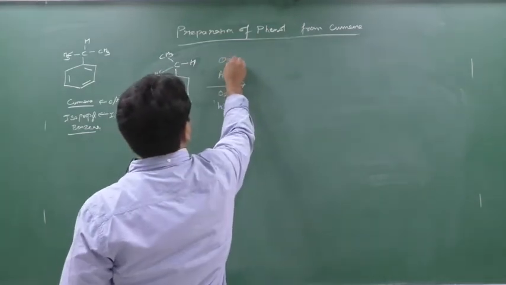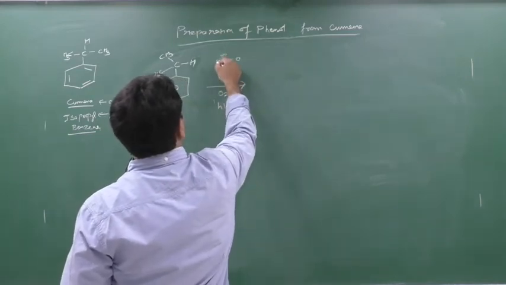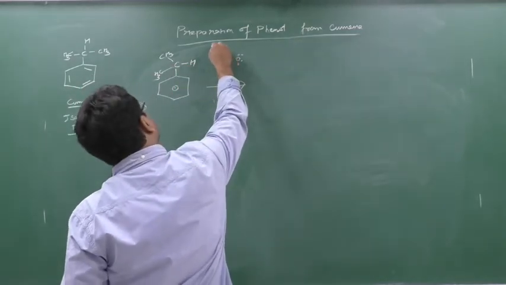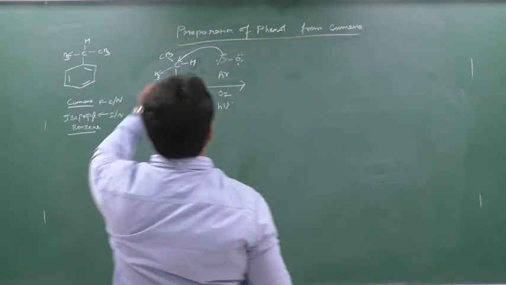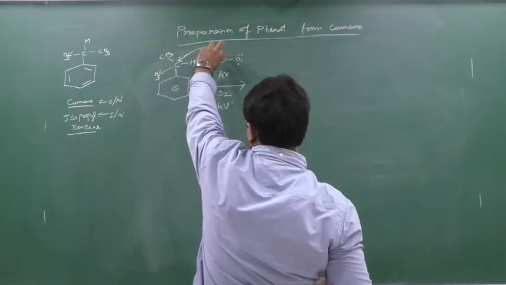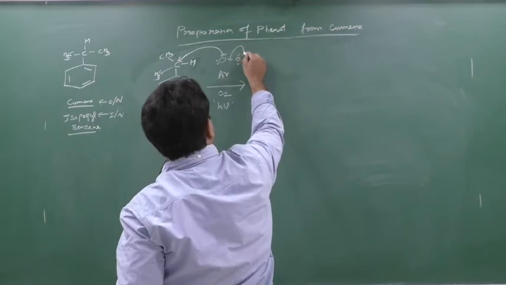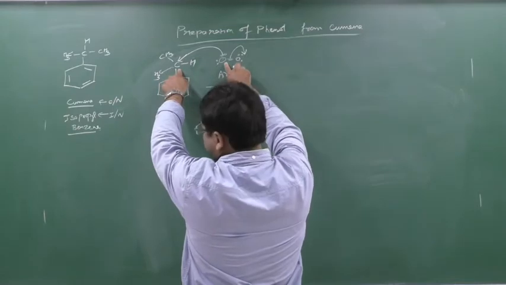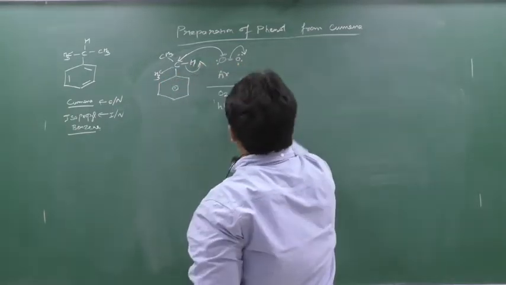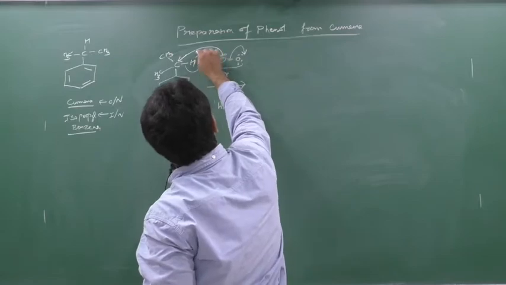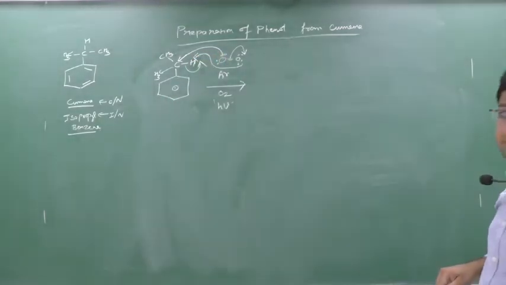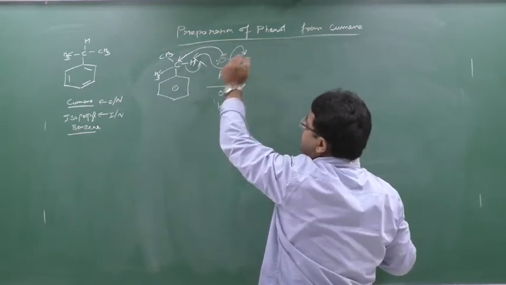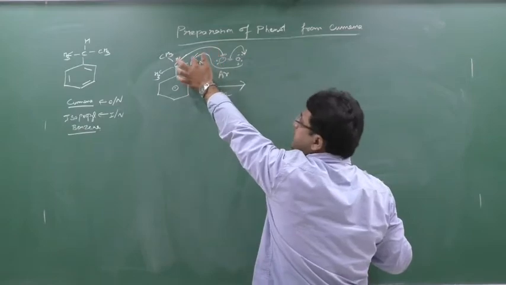Now this oxygen has a double bond here, and it has 1, 2, 3, 4, 5, 6, 7, 8 electrons. So this carbon is in need of an electron, so this oxygen will give its electron to this carbon. Carbon is going to make a new bond with this oxygen, so this oxygen will use its pi bond, because to make a new bond, the old bond will be broken. Similarly, carbon is making a new bond with this oxygen, so it has to break the old bond, that is with hydrogen. This hydrogen is removed as H plus, so this oxygen will attach to this hydrogen. When the bond breaks, the electron enters this oxygen, so a minus charge will be there, but here the hydrogen will be removed as H plus, so a plus charge will be there.